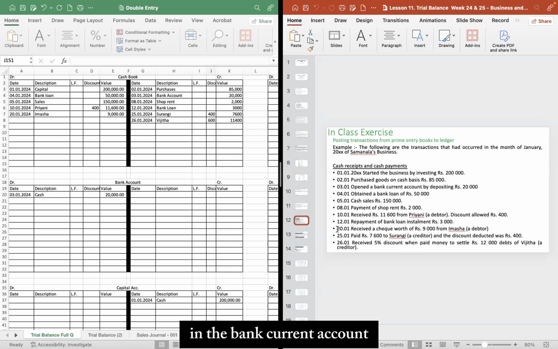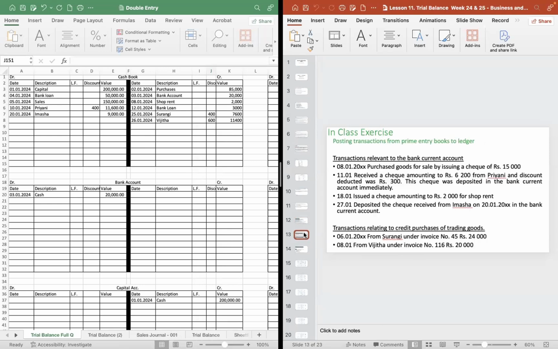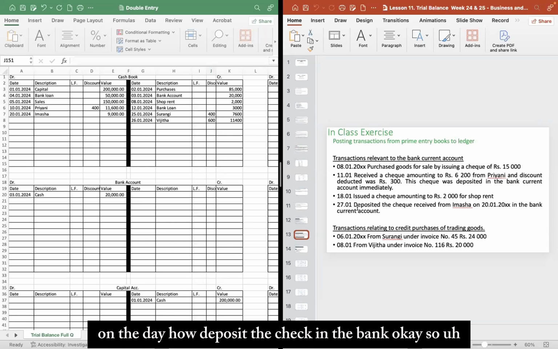This says the check received from Imasha on January 20th was deposited in the bank only on the 27th. On January 27th only they have deposited that check in the bank. Okay, so